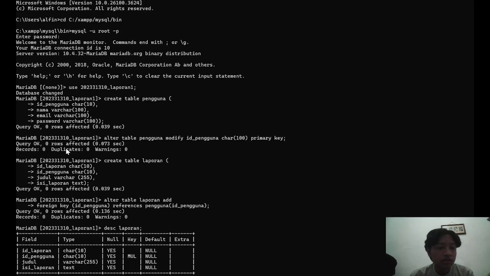And then after that we have to make the ID pengguna a primary key. To do that, we can use alter. Alter is a command to edit whatever is in the table. The command is like alter and then the name of the table pengguna, to modify the column ID pengguna, then the data type, and to make it the primary key. Okay,